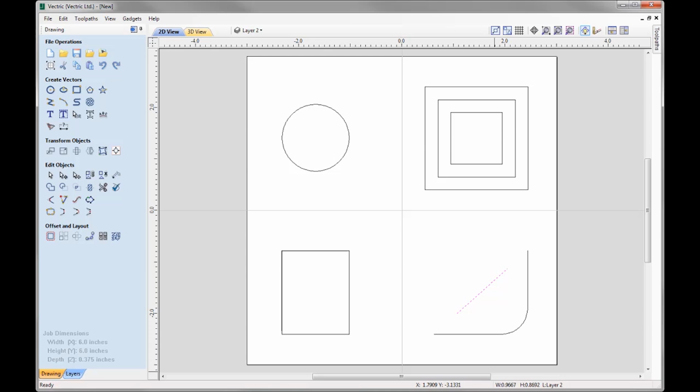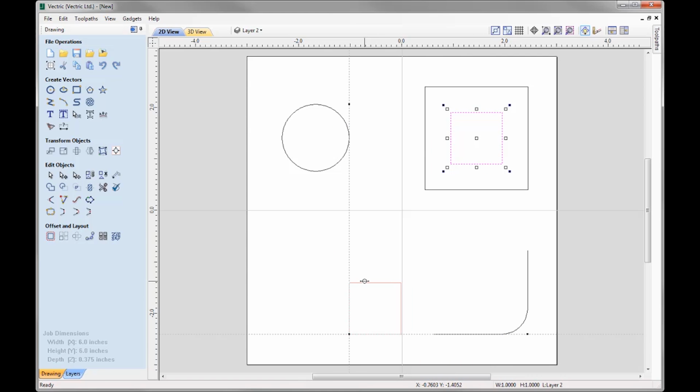Now, not only can we draw with the help of the snap options, but we can also align objects to the various points. So let's have a look at how we do that. So let's just take this vector and delete it, take that one, delete it. We'll take that center one that we just created, and we'll also delete that one. So let's just take this square, put it into transform mode, and then I'm going to wake this circle up, wake this point up here, and you'll see that I'm presented with various lines. At the moment I'm currently aligning the square to the left side of the circle and the bottom of the shape that we have in the lower right hand corner, and I can put that in position, and that's now aligned. So there's lots of scope here to align objects to other objects that you have in your job